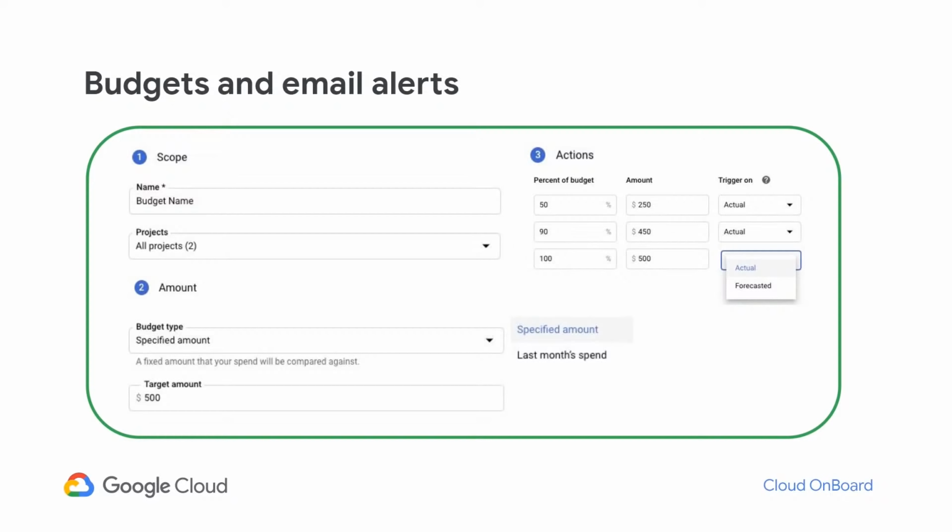Let's say my amount is $100, then I will create alerts at maybe 50%, 100%, and maybe 200%, and then you will use these alerts to send emails to the billing admins, for example after the spend has exceeded 50% you send it to billing admins, after 100% you send it not just to the billing admin but to the CTO, and after more than that you send it to the CEO also. So alerts are one of the most important things that you want to use, because normally a project admin